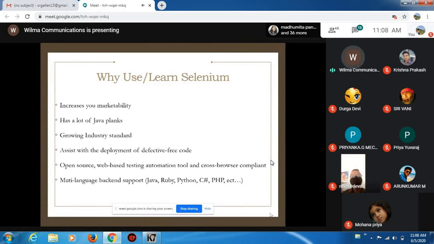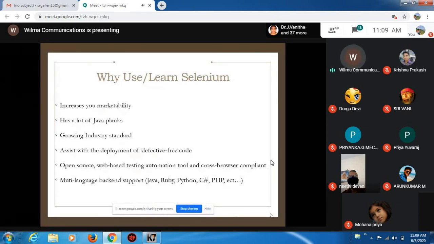The second, more important advantage of Selenium is that it supports multiple languages. For example, if I consider the automation tool called UFT, which works through VB scripting. But nowadays, the latest versions support JavaScript also, but we have only two options. Either we need to know VB scripting or we need to know JavaScript to work on the UFT concept or LoadRunner. But in Selenium, it gives a couple of other options also.